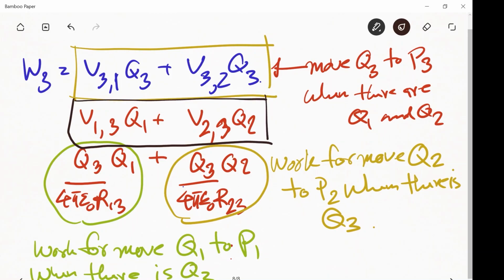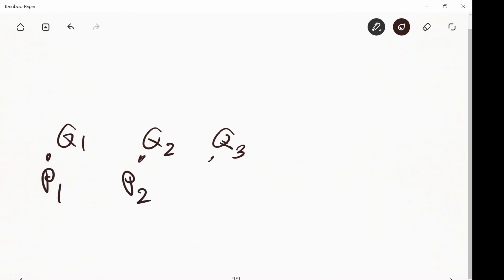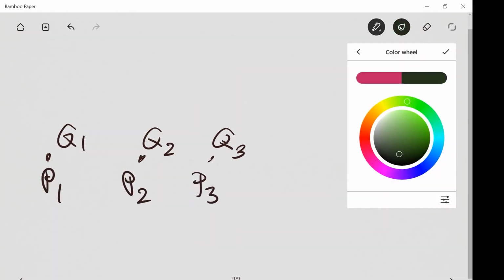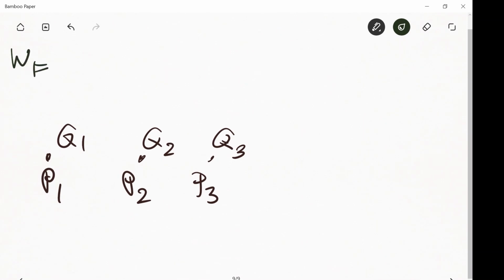Yes, so we can use either one. In conclusion, we have 3 charges: Q1, Q2, Q3, at points P1, P2, P3. The work that we need to make this system is going to be the work that